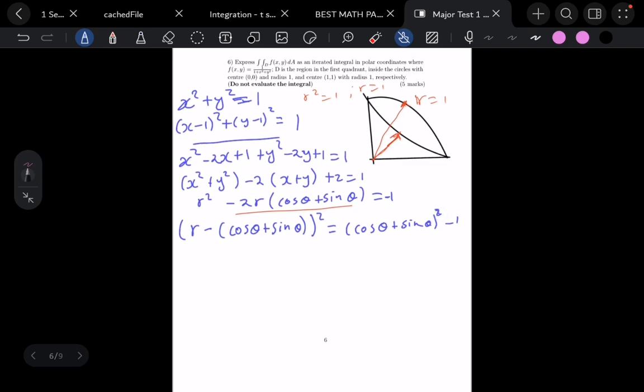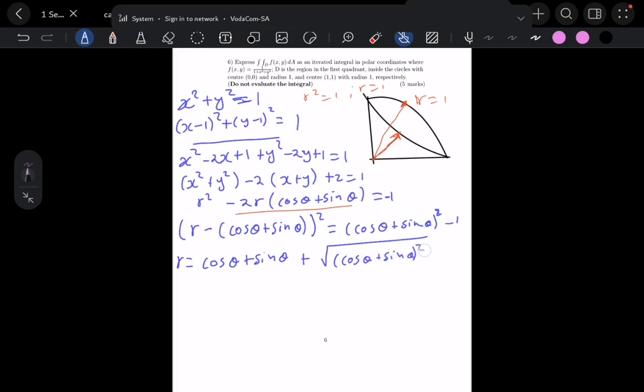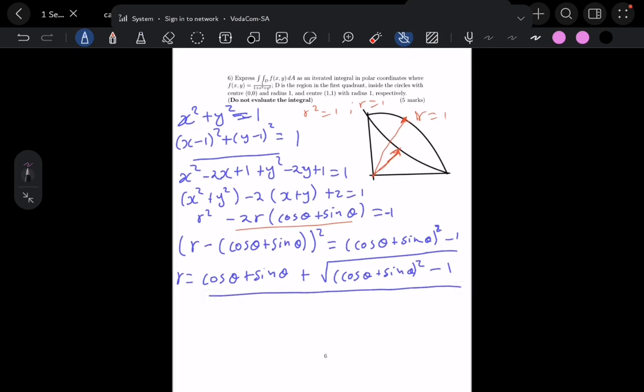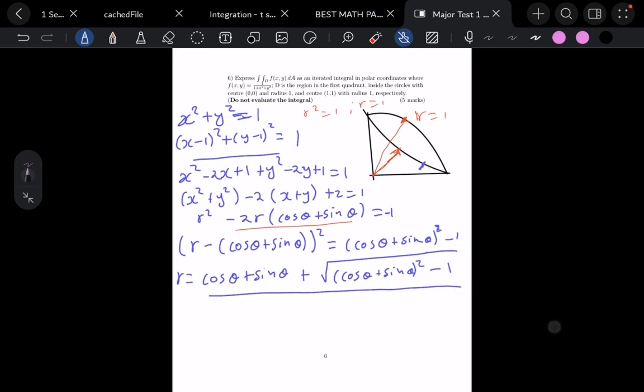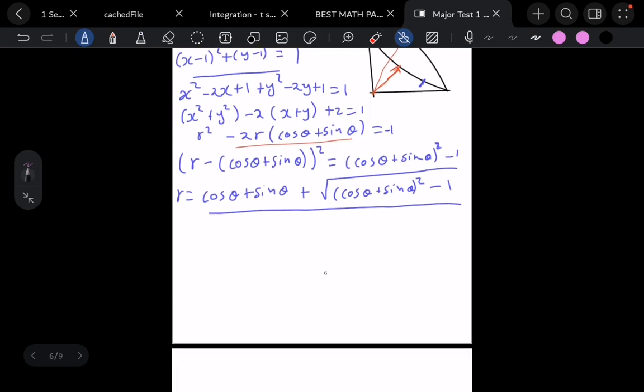Now take the square root. So r is equal to cos theta plus sine theta plus the square root of (cos theta plus sine theta) squared minus 1. So this is your value of r. This r here is represented by that expression. Right, so the double integral will be